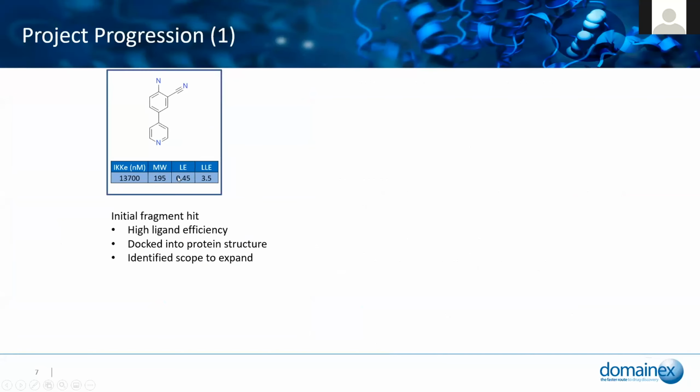So this is the hit fragment I'm going to talk about today. I'm going to use this sort of Top Trumps representation so you can see some information about the compound. This is its potency against one of the targets as an illustration of the biochemical activity. This is the molecular weight. And these are two efficiency metrics that we use in order to quantify how good we are getting at finding